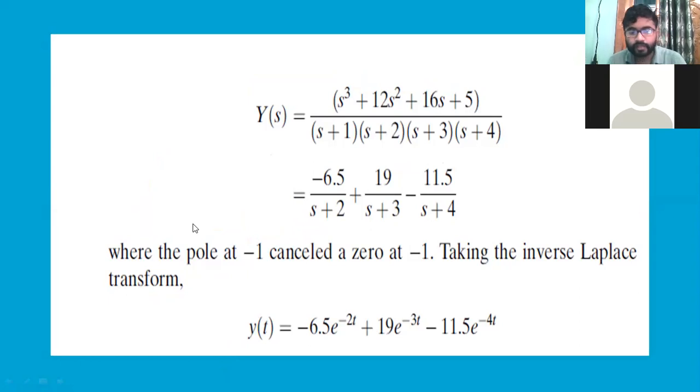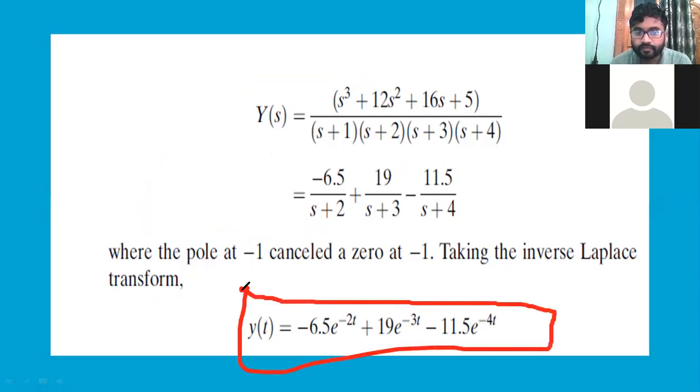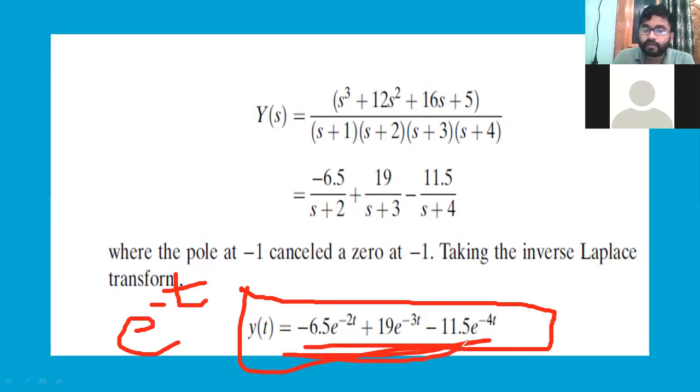So now what I told you, why we will calculate the final output is for observing two things. First one is we should be able to say whether output is following input or not. So what is input? E power minus t. This is the input. This is the output. So you should be able to say whether output is following input or not. Second one is whether the output is converging or not, or bounded or not.